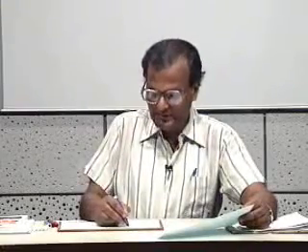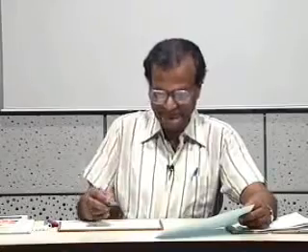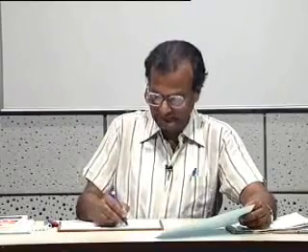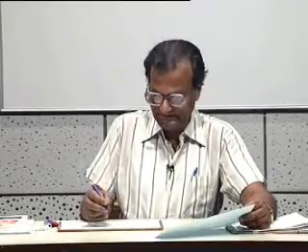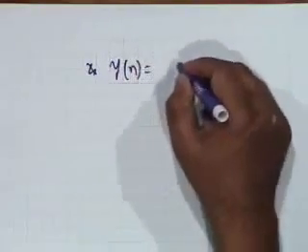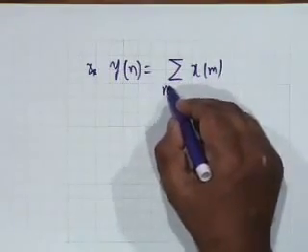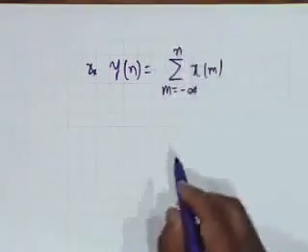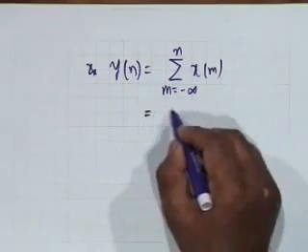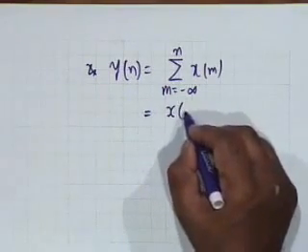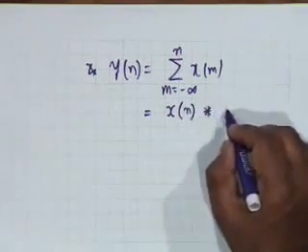The convolution theorem says that the Fourier transform of, if we say y of n is equal to summation x of m, m equal to minus infinity to n, then this can be written as the convolution of x of n and u of n,